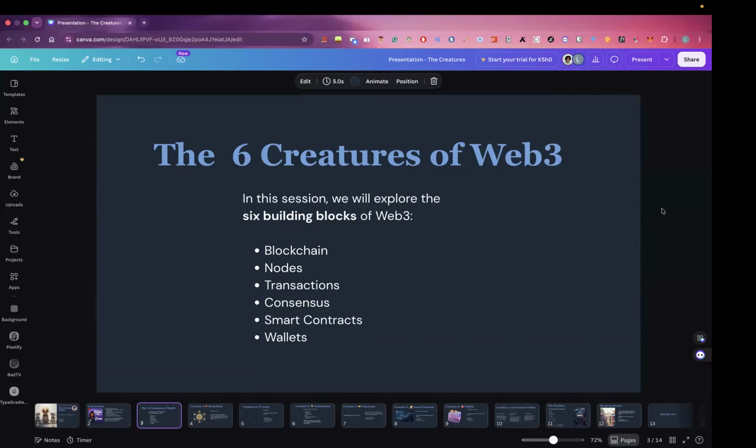Web3 is an iteration of the internet. With Web3, that means we also have Web1 and Web2. The internet as we know it today is what we call Web2. Before Web2, there was also Web1, a very early onset of the internet that allowed people to access a huge repository of information.